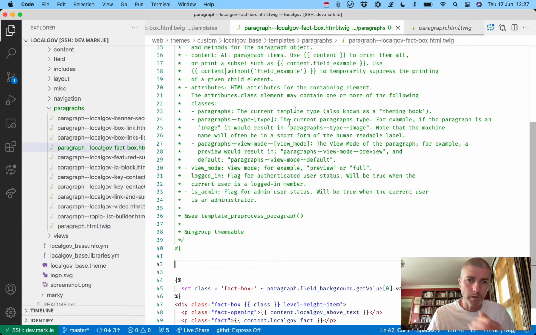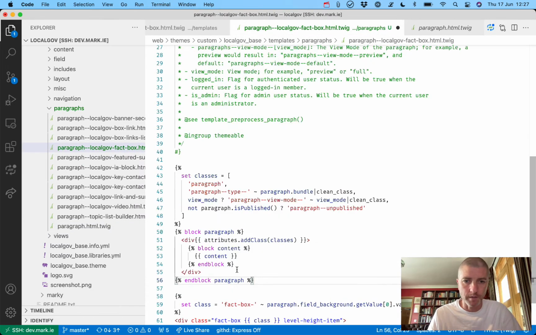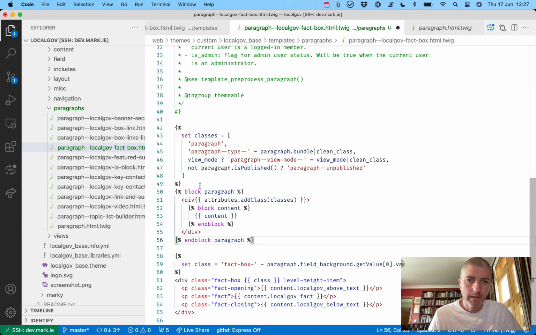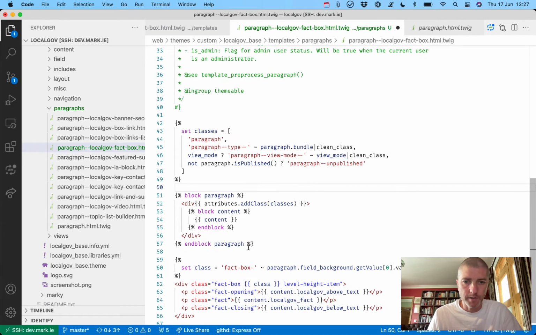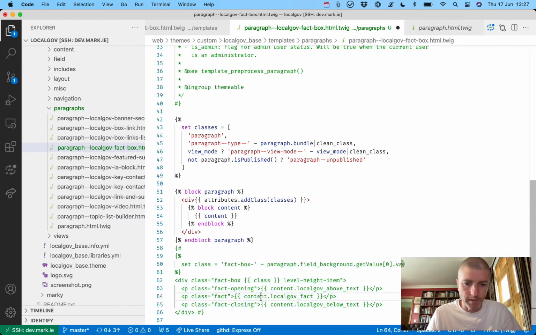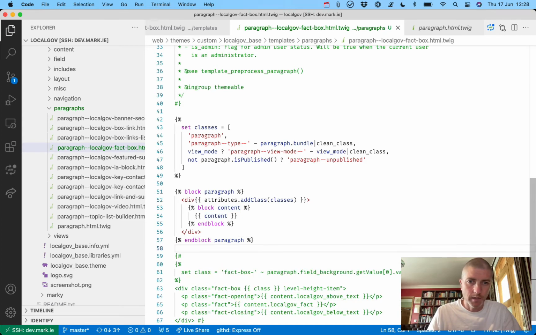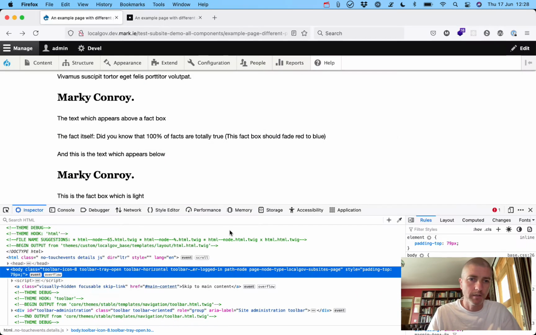So at minimum, we'll have what Drupal gives us in a paragraph template, and then we can add in the extra bits that we want ourselves. So let's see, what do we want to add in? Let's maybe just comment out all of this for a second. I just want to see what Drupal would give us out of the box if we didn't use any template for this. Would it look any different? I'm going to guess it'll look no different than this, but